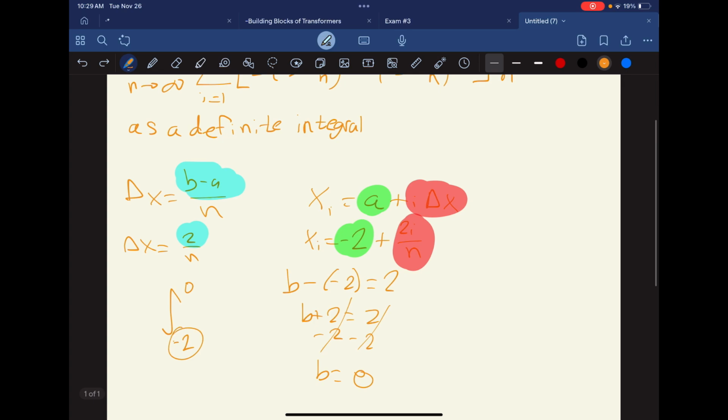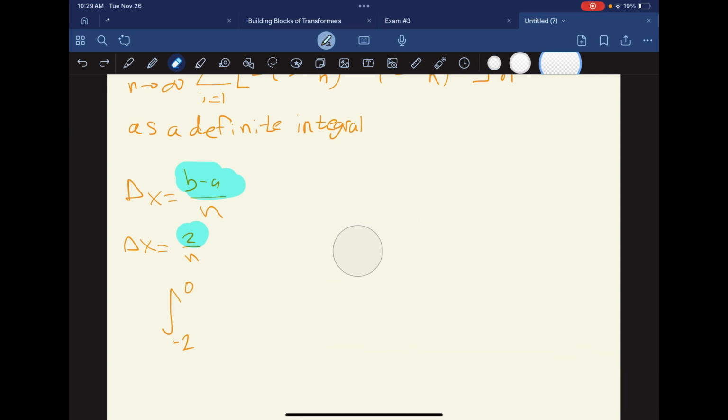Our a is negative 2, and then we add our b minus a to that. So our b minus a is 2, so we add 2 to that. That's how we get that. So then our final answer is going to be